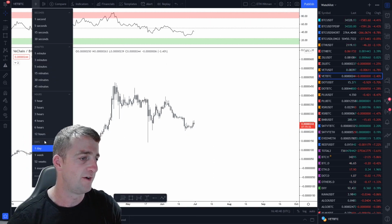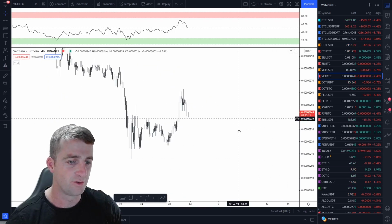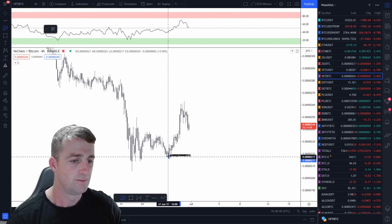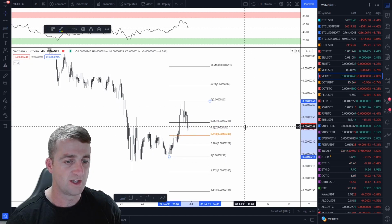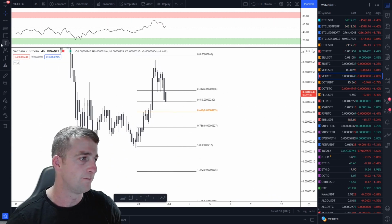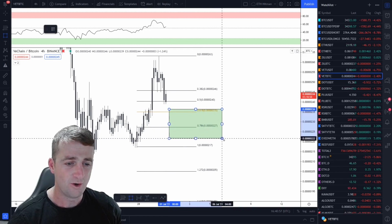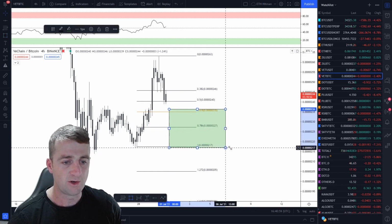So zooming into a 4 hour, this is the latest move we need to look at for buys. Currently again on that 50% retracement level, and it is reacting, so 240 sats, but I would be setting some buys anywhere from this region at 236 all the way down to this region, I think,